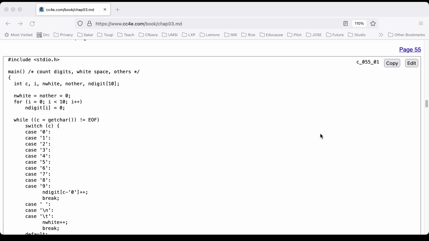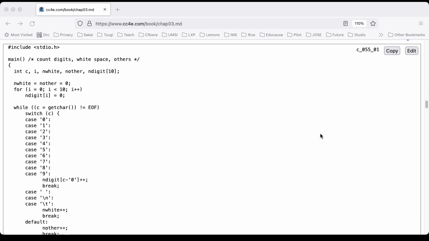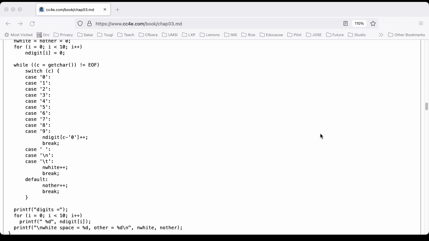#include <stdio.h>. main() {. int c, i, nwhite, nother, ndigit[10]; a 10 element array. nwhite = nother = 0. for (i = 0; i < 10; i++) ndigit[i] = 0. while ((c = getchar()) != EOF) { switch (c) {